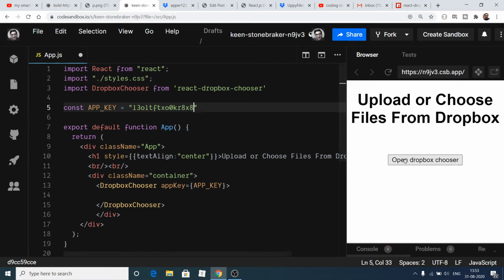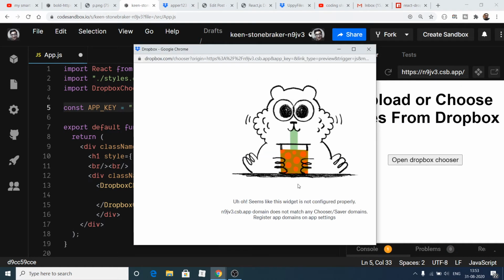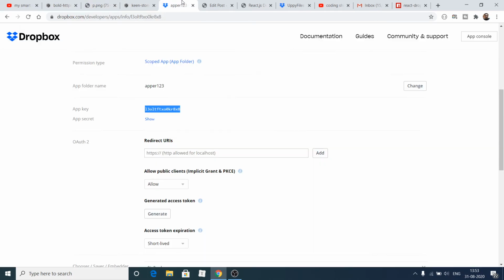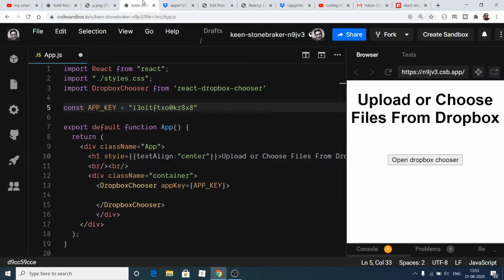If I click it, now you will see we still need to first of all provide some more options here. I think this domain name doesn't match here, so I need to again copy paste the same name here.